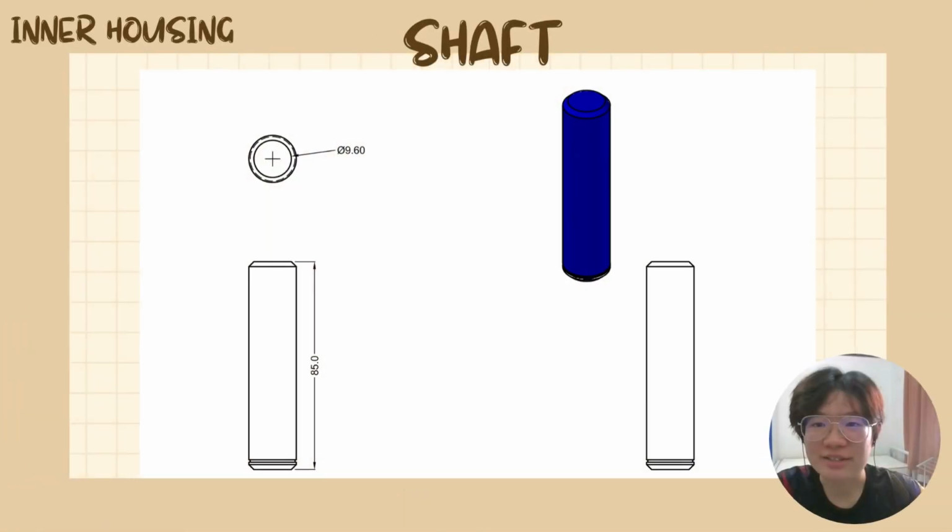So for the inner housing part of the design project, this is the diagram of the shaft part. We began the procedure by drafting a circle with a 9.6 millimeters diameter to be used as the starting point. And then we switched to the 3D modeling software and extruded the design to a length of 85 millimeter as